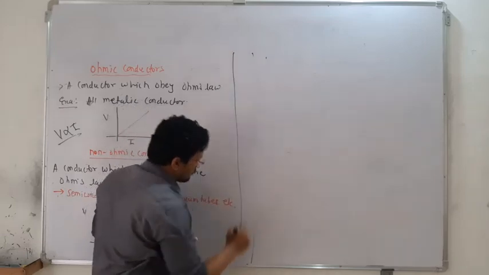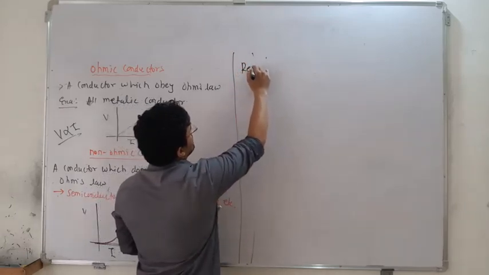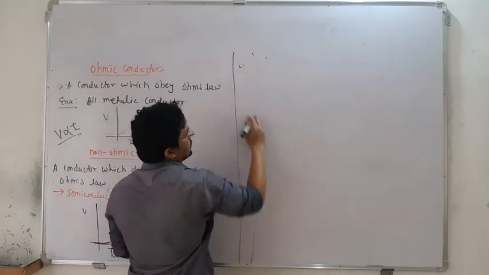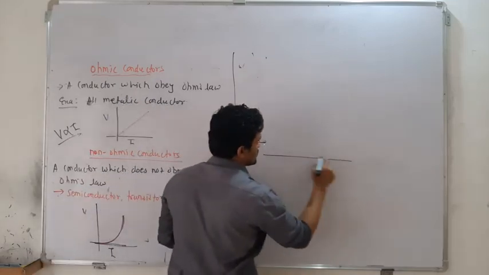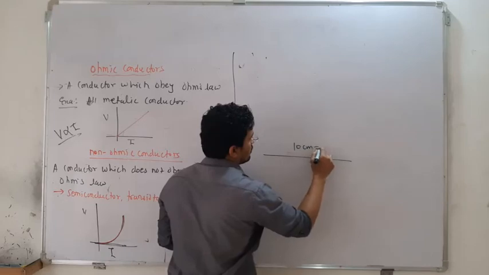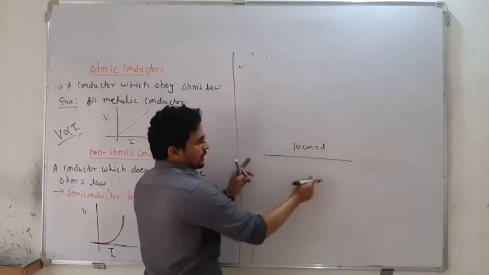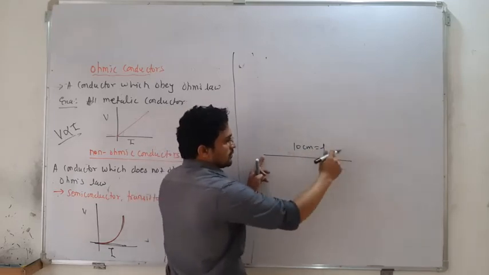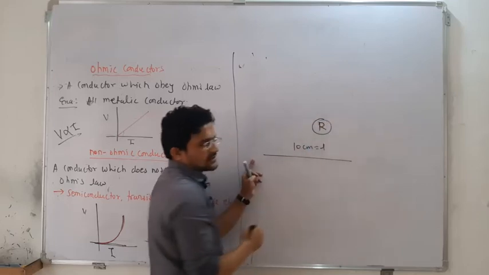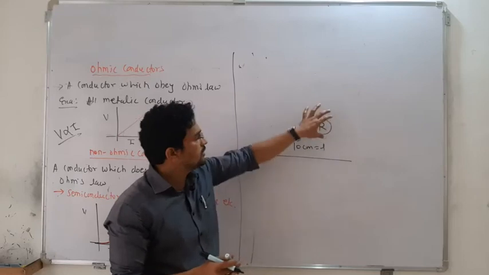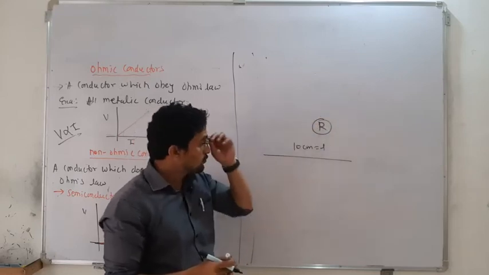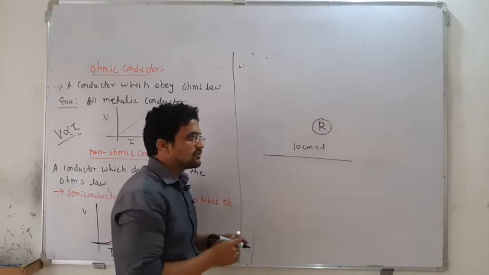Now I forgot to mention the definition of the resistivity. Already told you, it is the resistance per unit length. So suppose this is a 10 centimeter wire length. If you calculate the total resistance for the 10, it will be nothing but the resistance itself. So what is the resistance present in the whole wire? That will give a resistance. Now suppose if you want to calculate the resistivity, what is it?